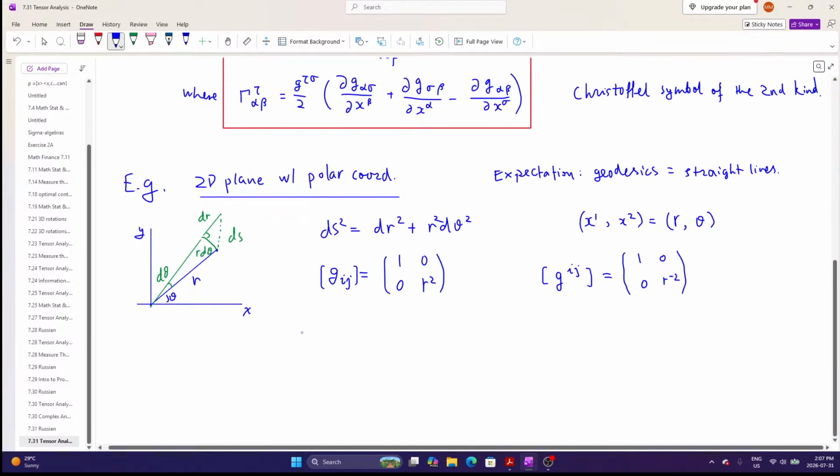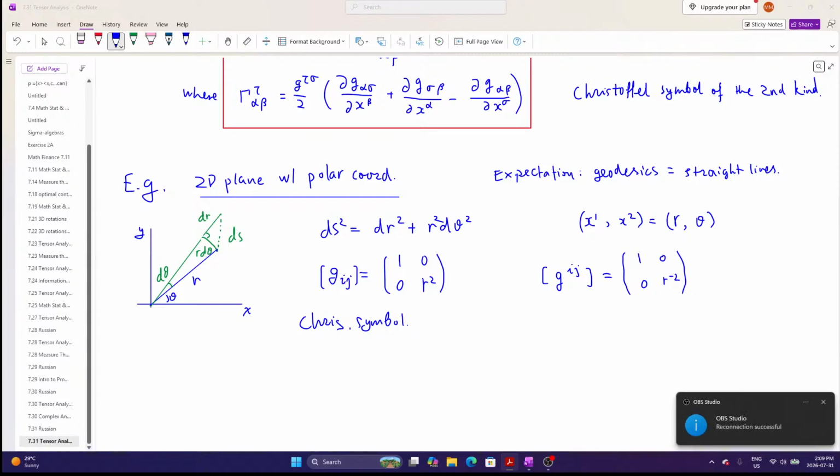So let's calculate the Christoffel symbol. Yesterday we discovered not a method, but rather a mnemonic. Like, how do you memorize this complicated formula? Or not just memorize, but rather a memory aid, so to say. Because fundamentally speaking,